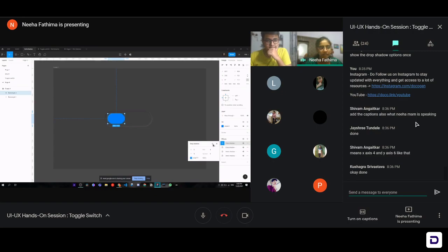So Shivam, I think you're asking about the drop shadow. Here you can see in the shadow option, the x-axis is this. It shows x, where I've added -2, and then it shows y. Here I've added -3. So that is what the x-axis and y-axis are.